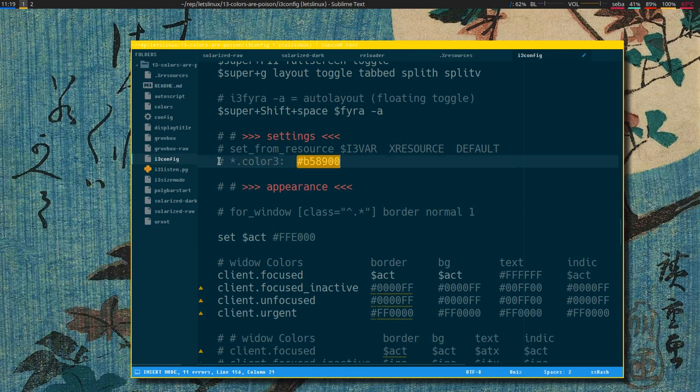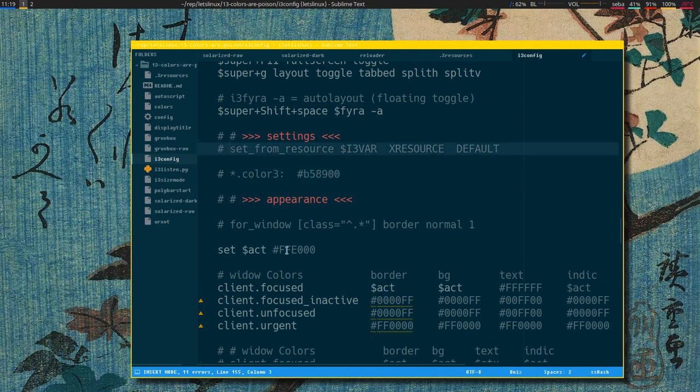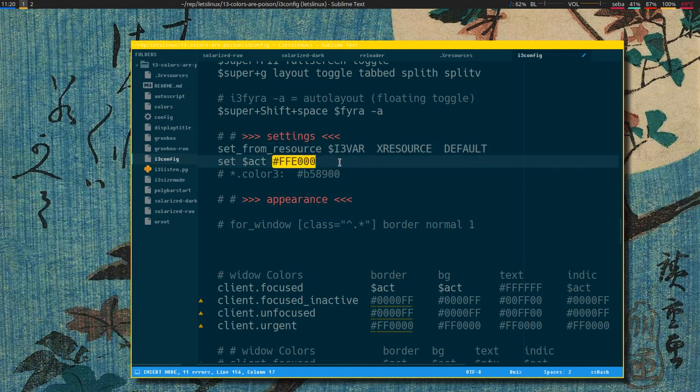Yeah, that's the color we want. So instead of setting a variable like this, I move this up to the setting part here. You can load the value of a variable from Xresources instead. So I comment this old one out, and to create a new one, you use this i3 command, set_from_resource, and then just like normal set, you name the variable like this, and here you write which resource you want. And now we want color3 here,